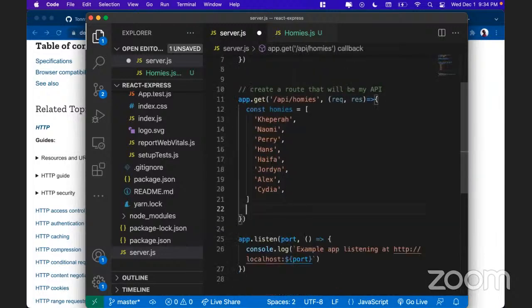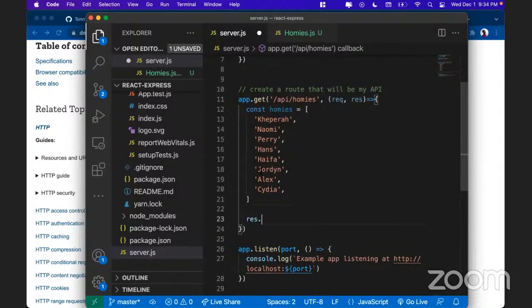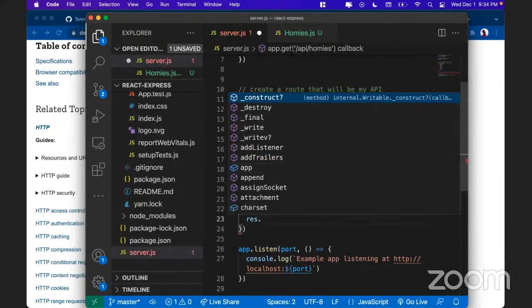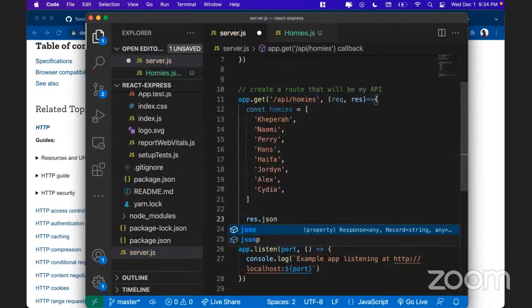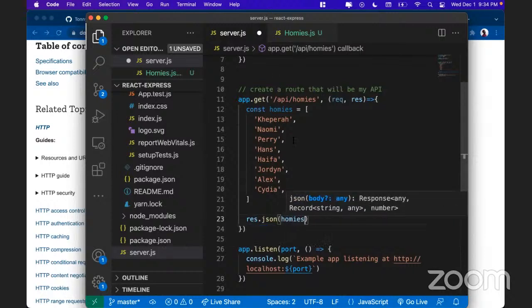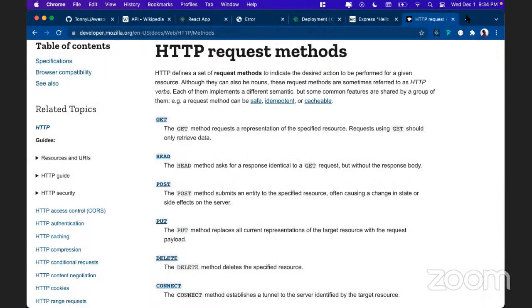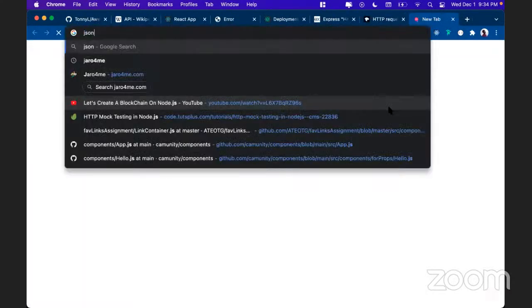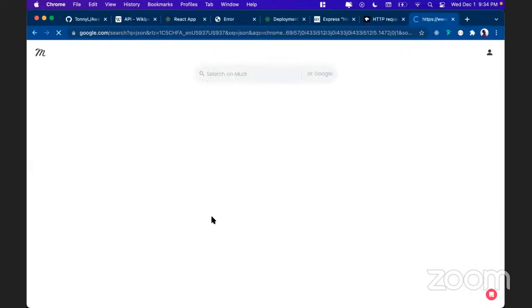So here as a response, I want to send this information as data. I'm going to use another response function called res.json, and I'm going to pass back this object called homies. JSON is a very interesting concept that you're going to see a lot of when you are working with